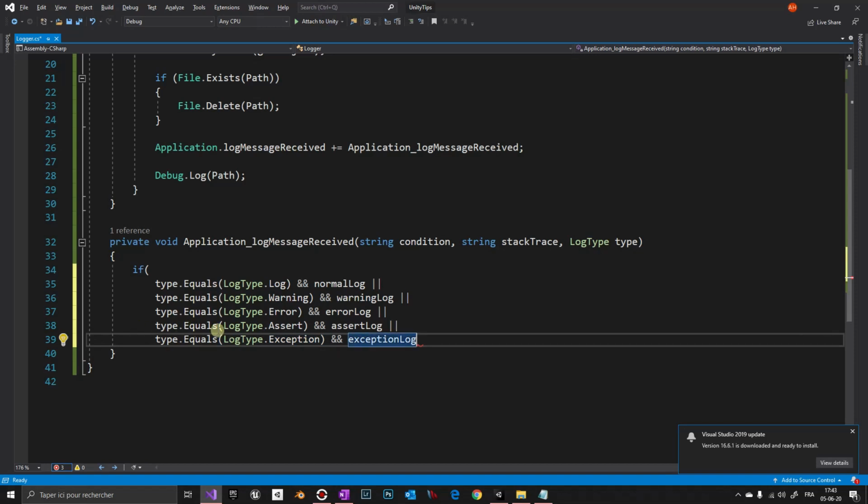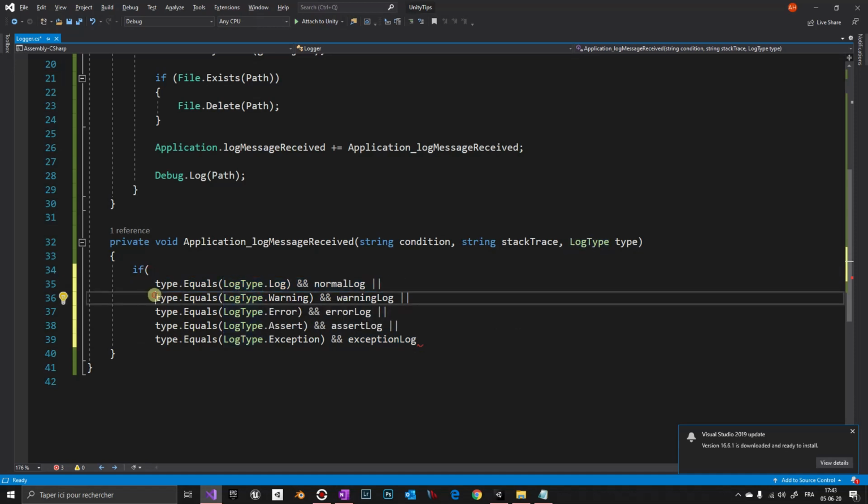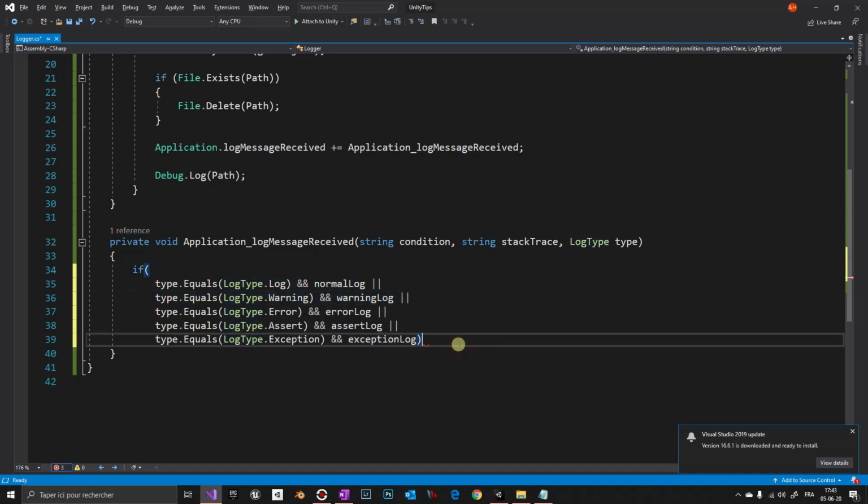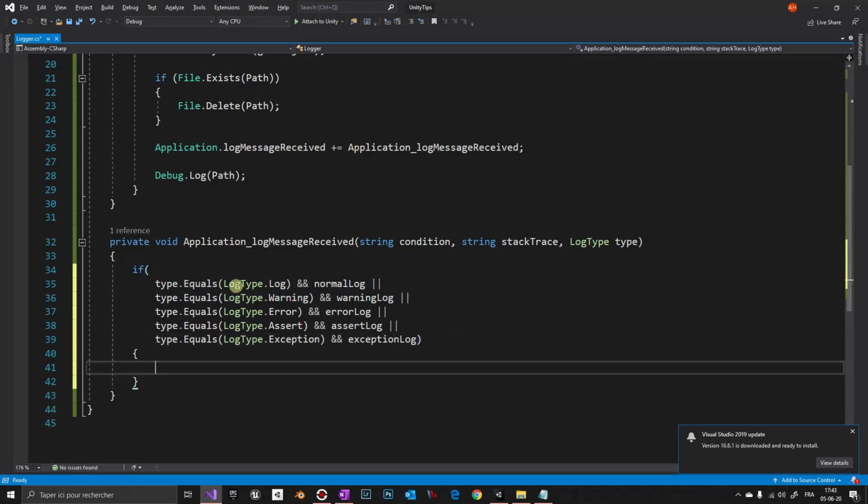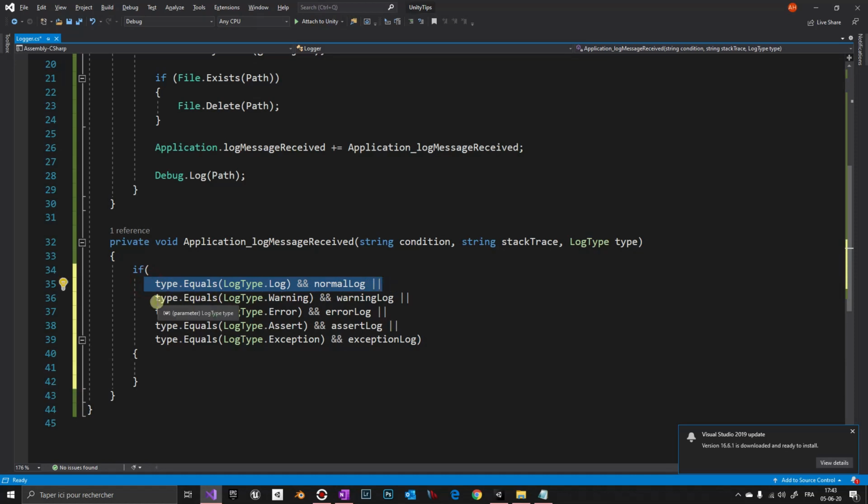So this is all the different conditions. So we check that, and if one of them is true,